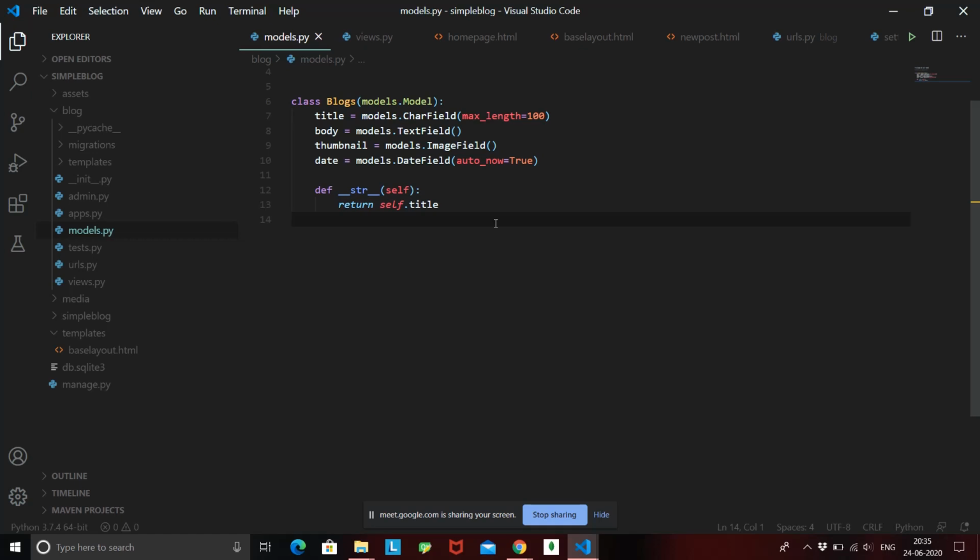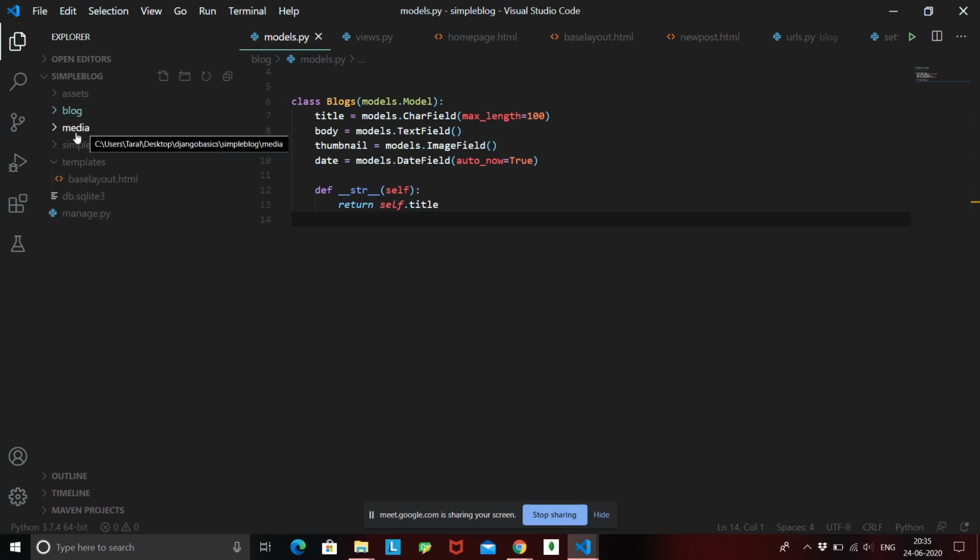Another thing to notice is that a media folder is automatically created, and this brain.jpg that we have uploaded is now saved inside this media folder automatically. I didn't manually put this brain.jpg inside the media folder, or even create this media folder on my own. Django itself created this media folder because it encountered a media file. Once we upload media, all the media will be stored inside this media folder. Currently we have only one file.